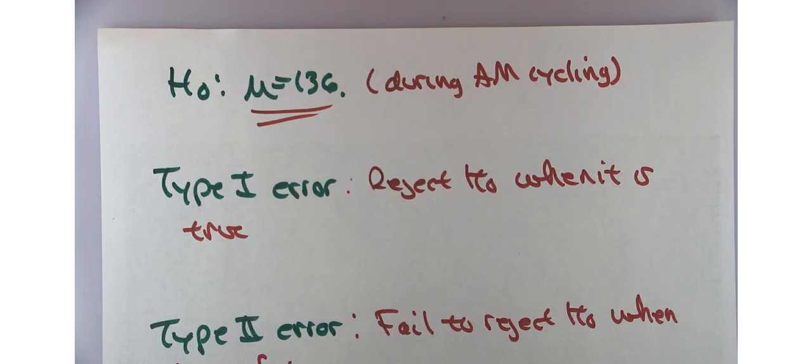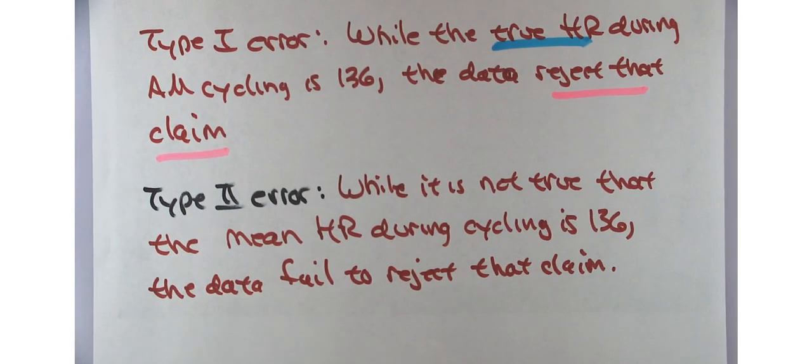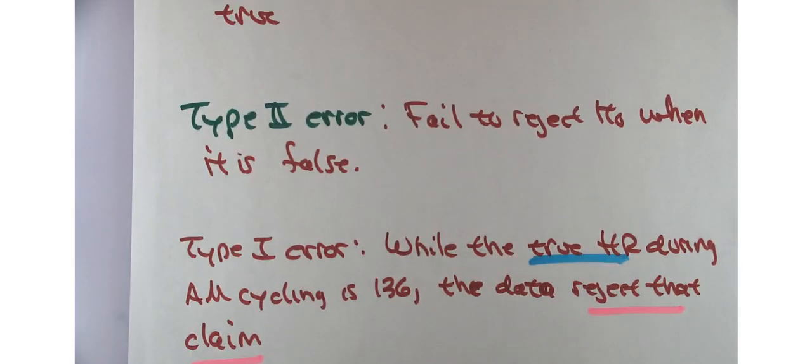Ben? Sure. I'll scan these in and put them in the notes. I just want to see the type 2 error definition. Oh, the type 2 error definition. Fail to reject H naught when it is